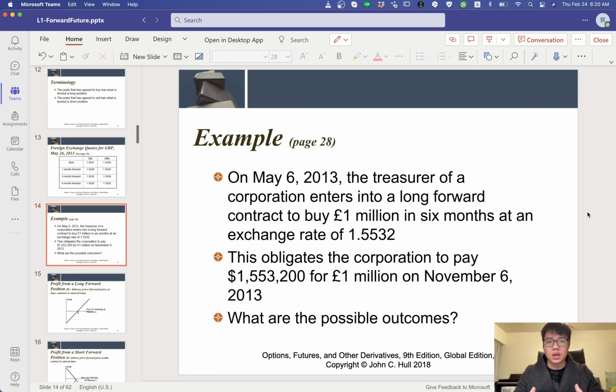So the thing is that I can fix the cost today, and the delivery is as I expected, next year in January. So it's very good for the buyer side. So how about the seller side? The seller also wants to go to the forward market to sell the products. Why?